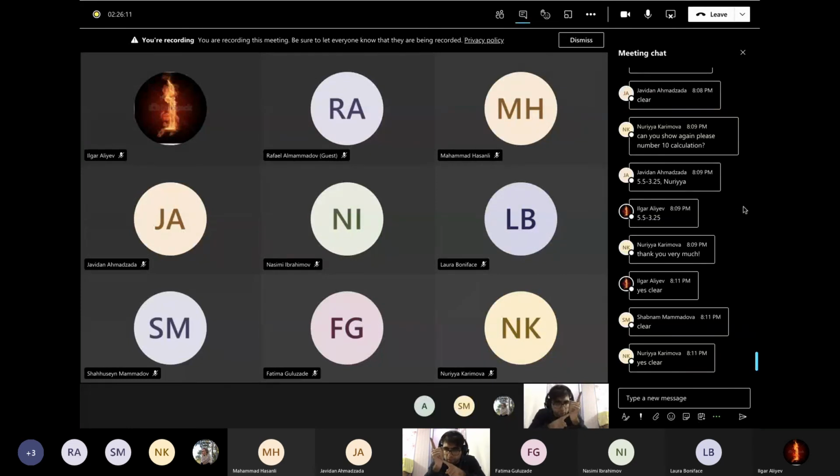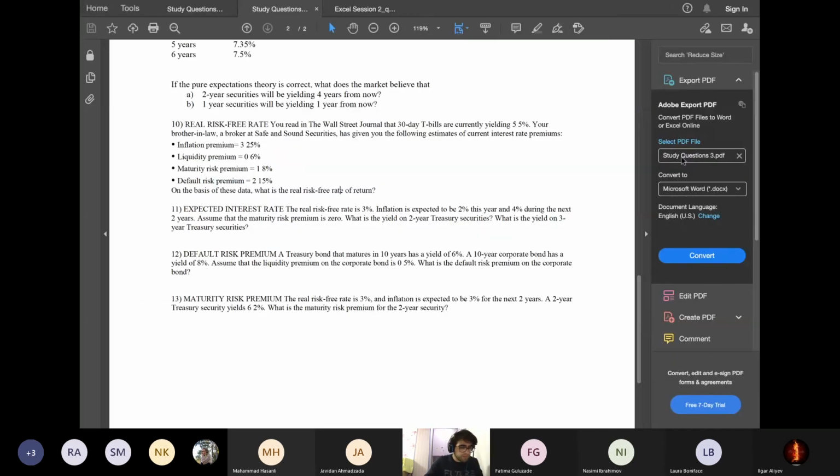As we said, government long-term should consist of risk-free rate plus 2 risk premiums, inflation and maturity. Why maturity? Because it is long-term. No default, no liquidity. But in long-term corporate, we have all of them. Risk-free rate plus inflation plus maturity plus default and plus liquidity. So therefore, simply, we write for treasury,